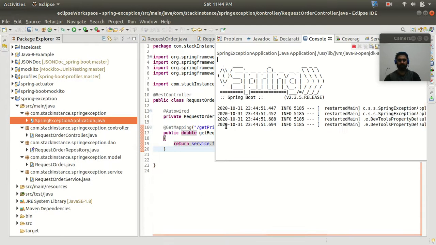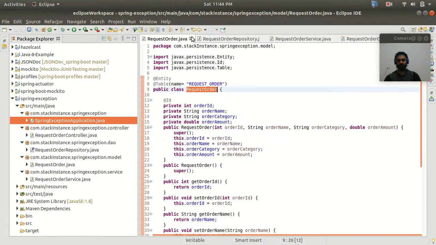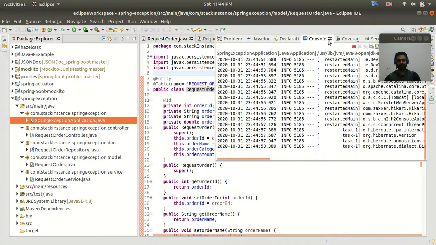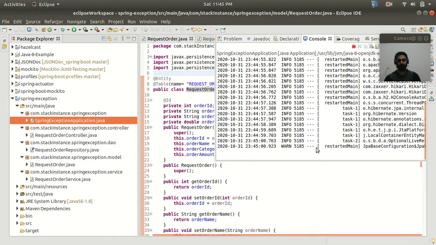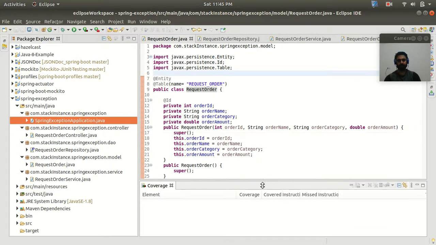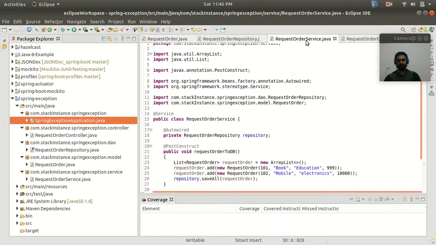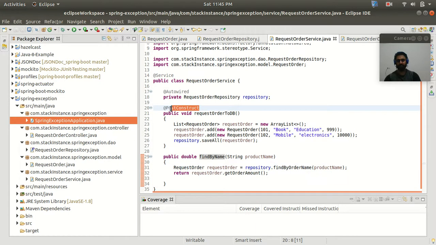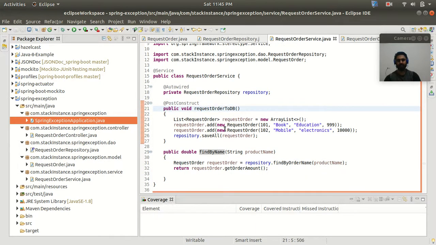Guys, if you observe my service class, I have written one method with the annotation at PostConstruct. As I start my application, it is going to call this method, and it is going to save all this information inside my H2 database, right? So I think our application has been started.